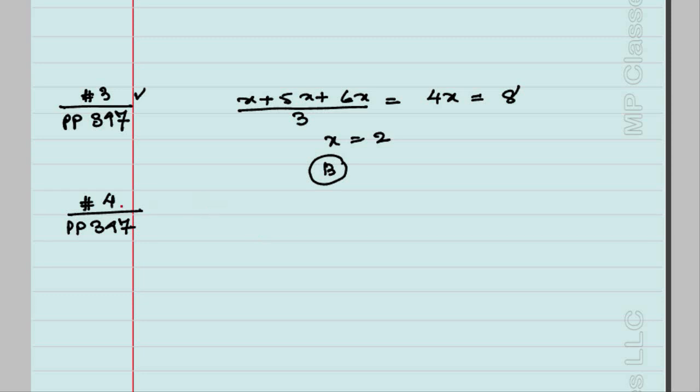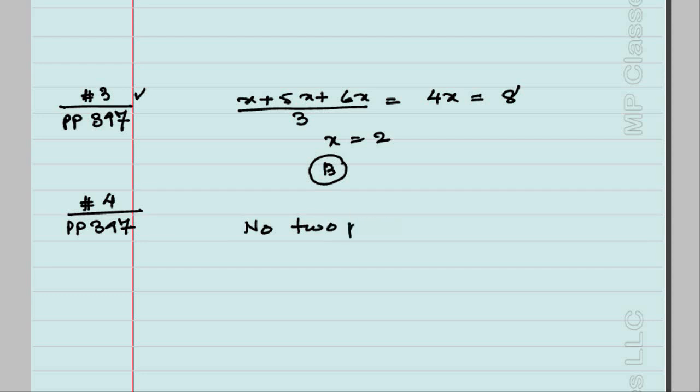Problem number 4 on page 397 is a little different problem. It has 5 options A, B, C, D, E as usual, but all those options are graphs, and we are asked to find out which one of the 5 given graphs will have a certain condition which will be met, and that condition is given as no